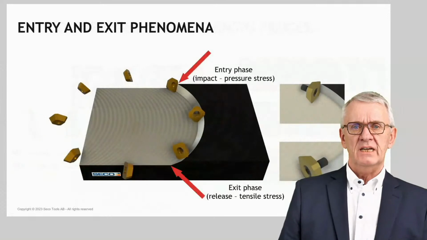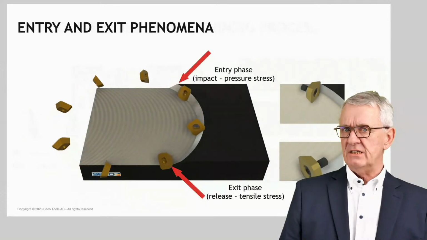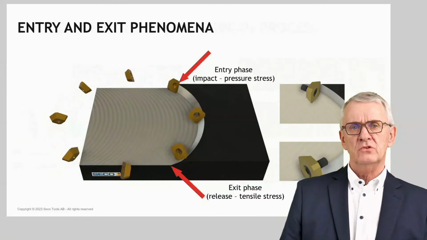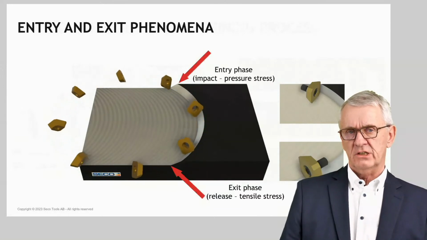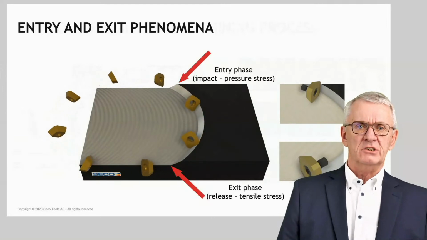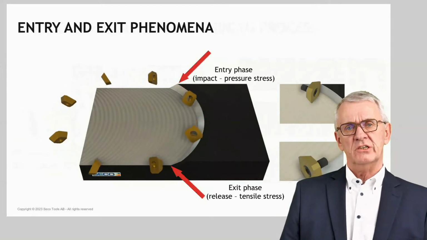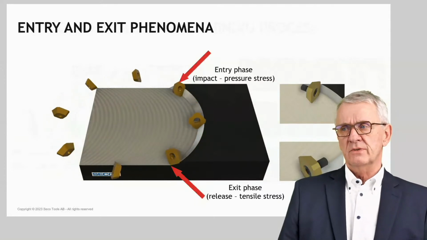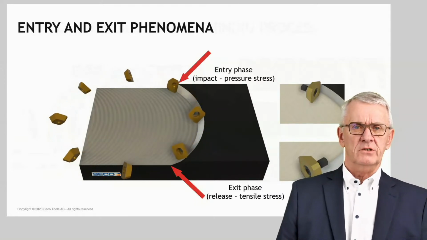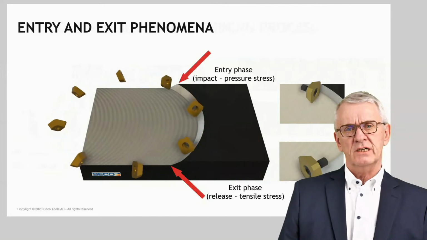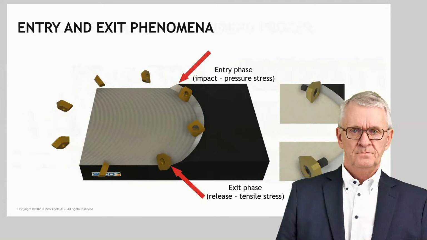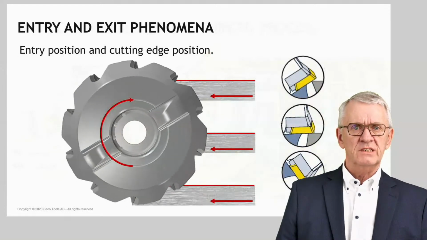In case of milling, for each rotation of a milling cutter, every cutting edge goes through those four phases. A cutting edge, when it's at the back, is not cutting, then it suddenly starts cutting, it is cutting, and it stops cutting. The situation where a cutting edge starts cutting we refer to as the entry phase, and where a cutting edge stops cutting we call the exit phase of a milling cutter. Now, let me start with the